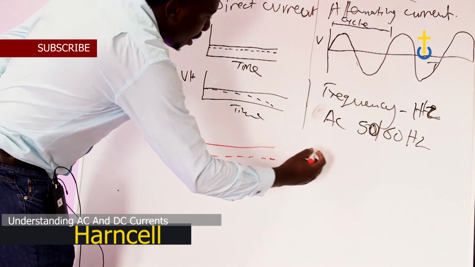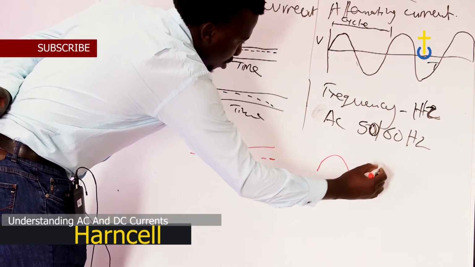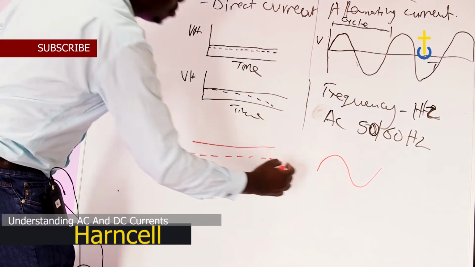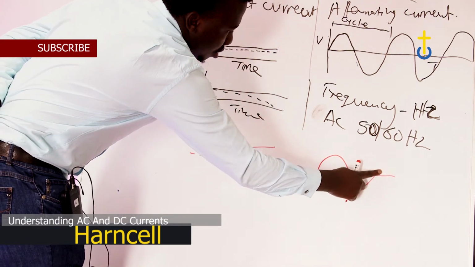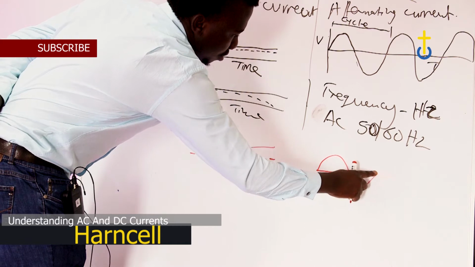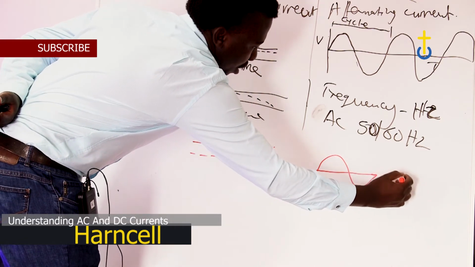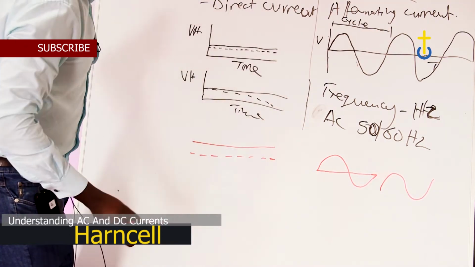Okay, for DC, usually they use a simple line like that. Sometimes they cross it like this. Sorry. Sometimes they close it like this, but most of the time you will find that it's just represented like that, a simple line like that. Now,